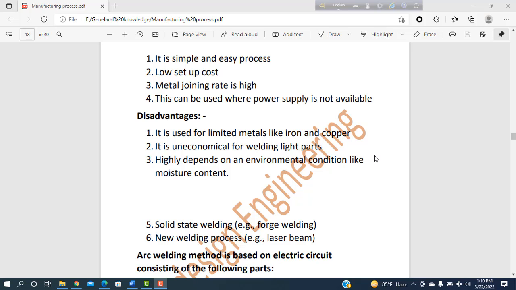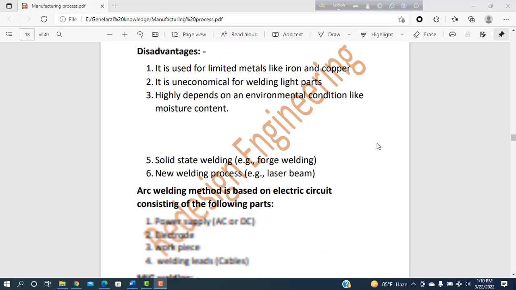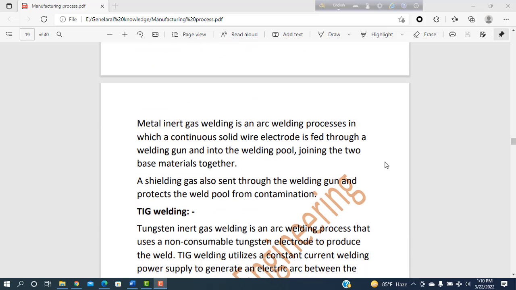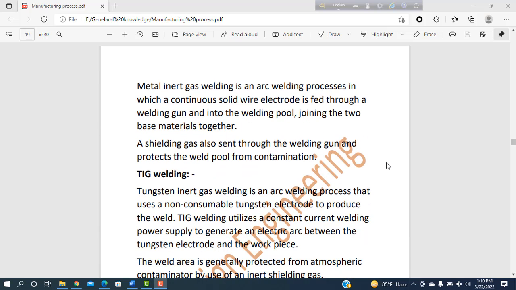Solid state welding, forge welding and new welding processes, laser beam welding. The arc welding method is based on an electric circuit consisting of the following parts: power supply AC or DC, electrode, workpiece, welding leads, cables. MIG welding, metal inert gas welding. Metal inert gas welding is an arc welding process in which a continuous solid wire electrode is fed through a welding gun and into the weld pool,